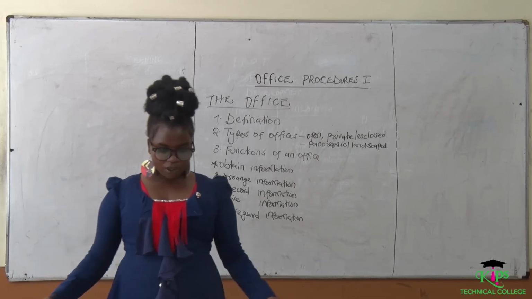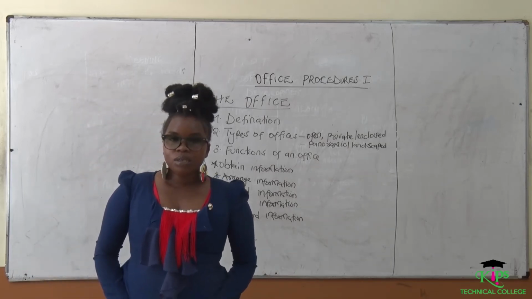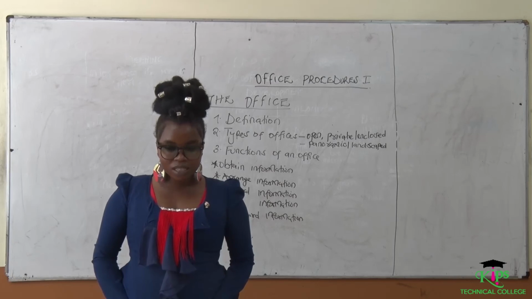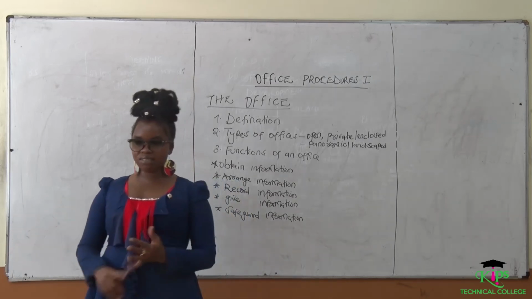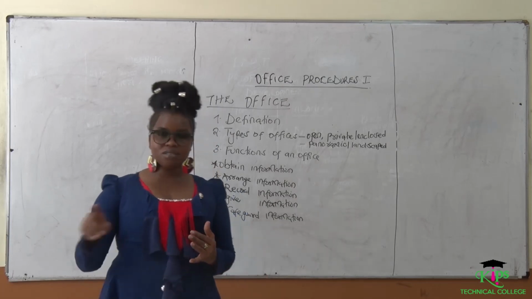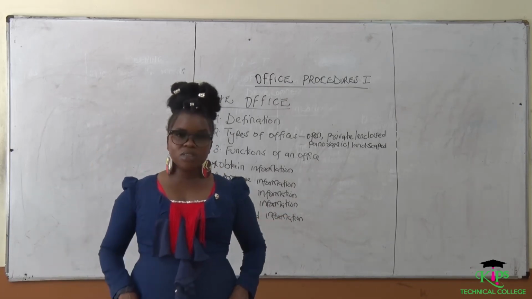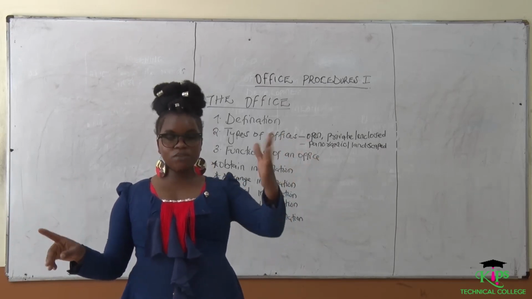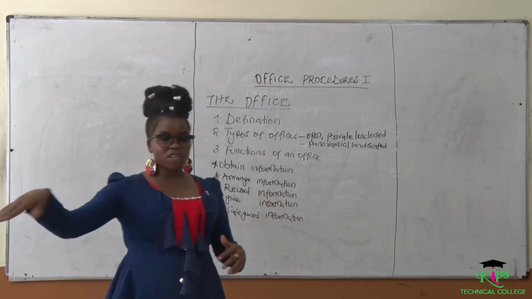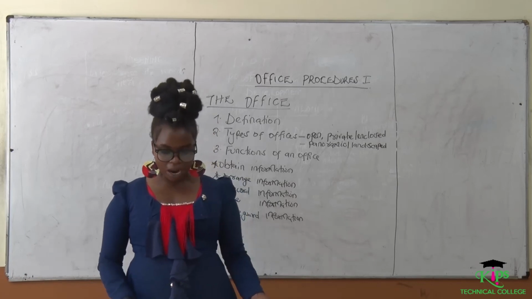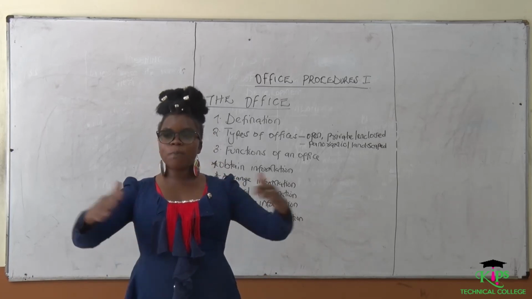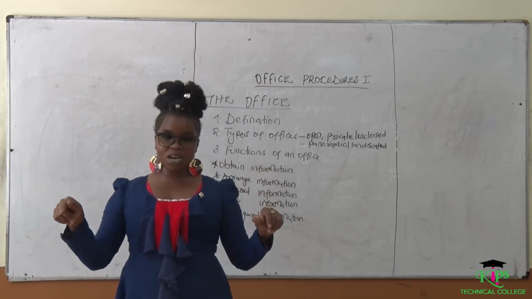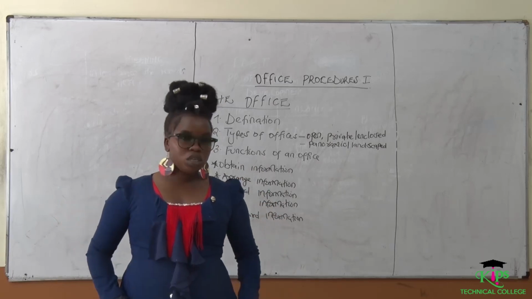Open plan is where we find an office which has no divisions, but different departments are in that office. Like our staff room here, we find that all the staff, like the secretarial teacher and the accounting teacher, are there. So by the end of the day, we have different people who are in that one room, but they have their different desks. But those desks are not divided by walls or cabinets like the way you see in a bank. That is not an open plan. An open plan is an open room, just as the name goes. It's an open room whereby all the staff are situated there and they handle different areas.